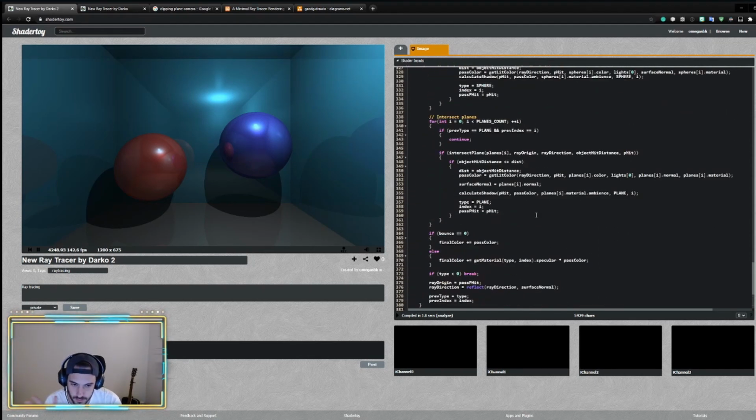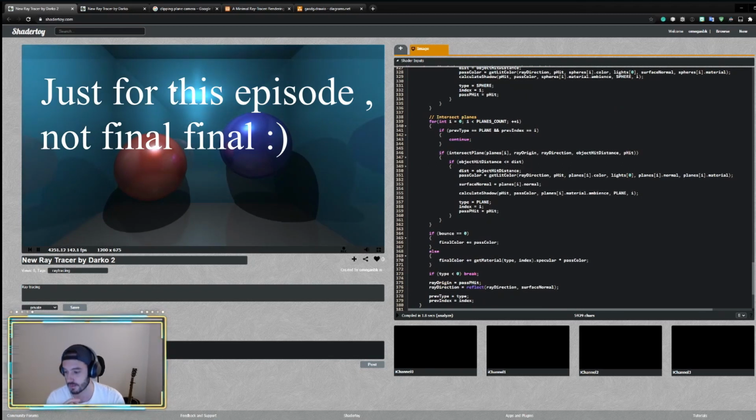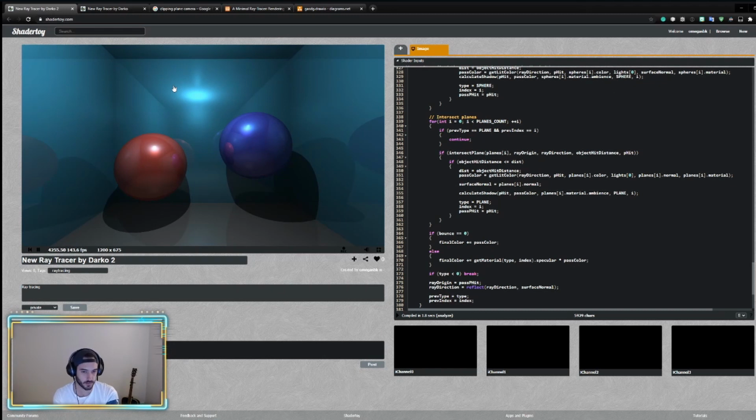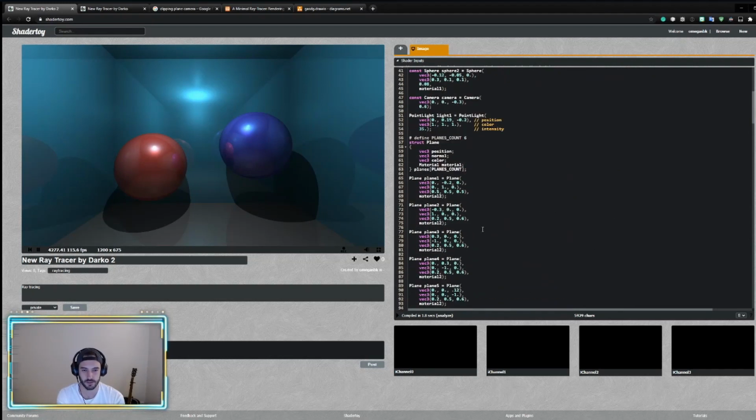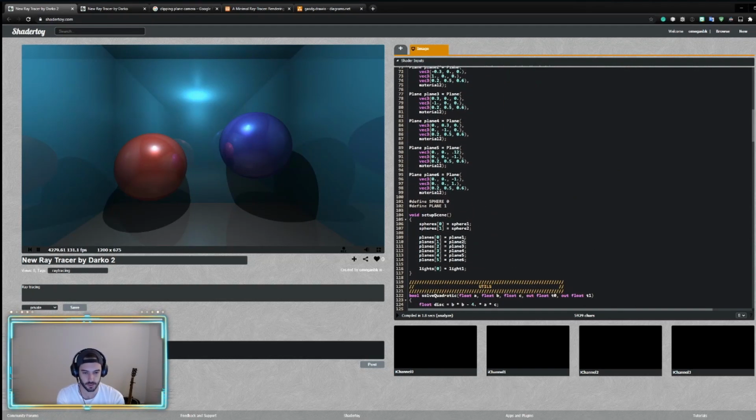So this is the final code for the tutorial. It was a super long one, and there was a lot of back and forth at one point, but I will speed that part up, and if you're interested in what I was doing going back and forth, I encourage that you do some research. But basically this enables you to put as many spheres and planes in the scene as you want, and it will do some reflection there. You can also play with materials,